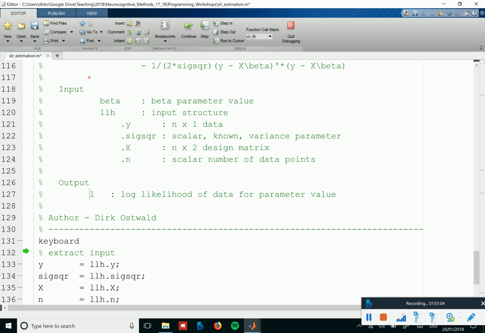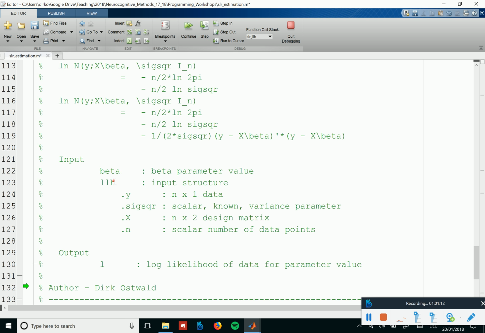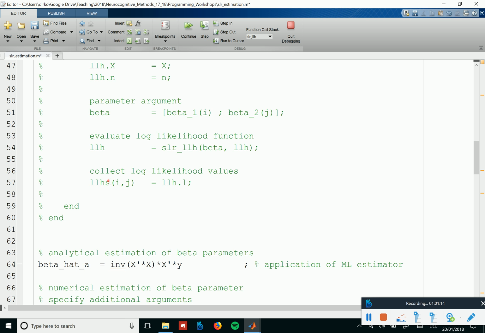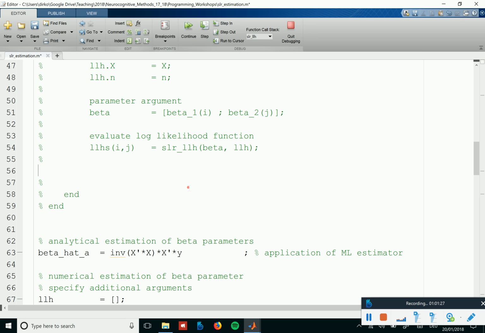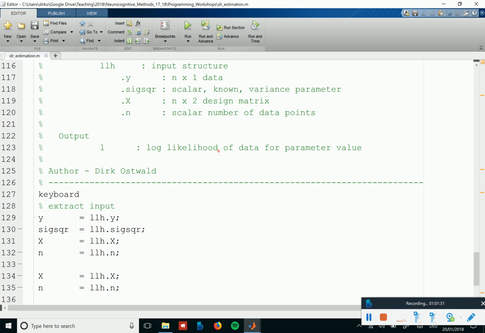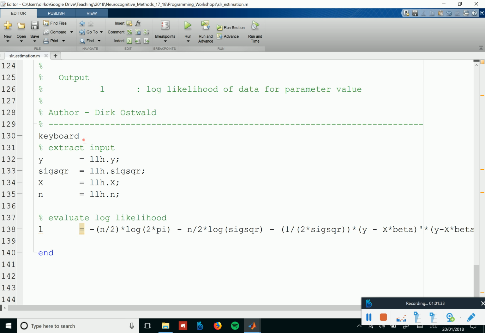If fminsearch is applied, it needs to have just a double scalar output, which means we have to adapt this code a little bit, but that also doesn't hurt much. Then we can directly get that out. So, and now if we run that,